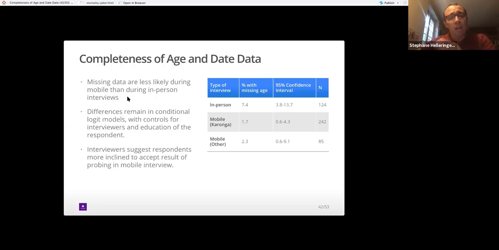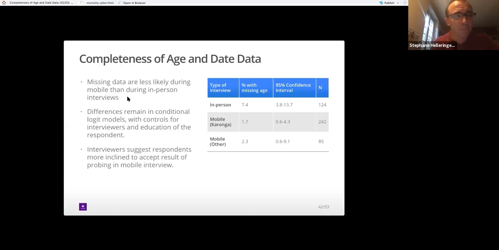relative, in in-person interviews, respondents may be more likely to maintain that no, they really don't know how old their mother might be, whereas that's less the case in mobile interviews. So that's one possible interpretation that I'm throwing out there. Otherwise, we're not completely sure why that's the case, but that's been fairly consistent, also depending on the residence of